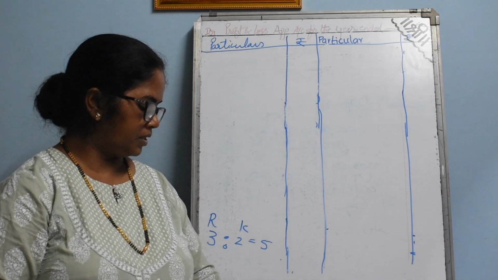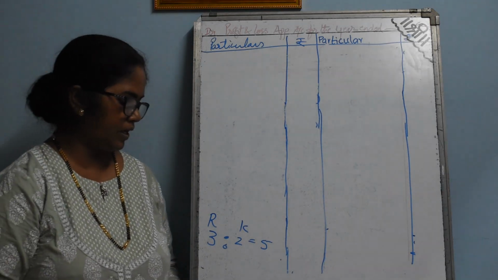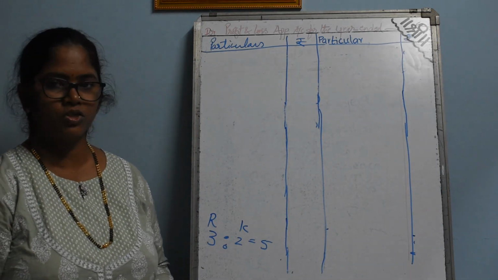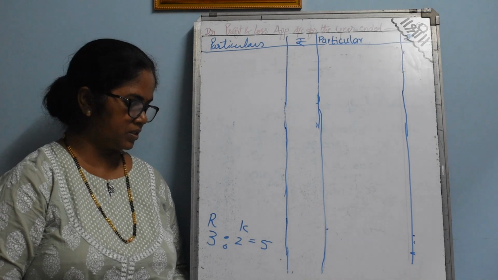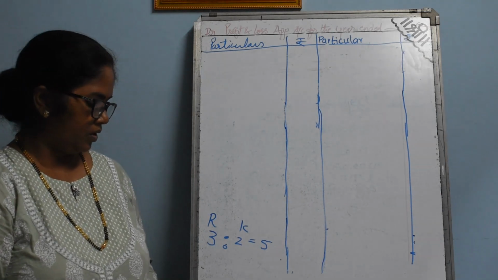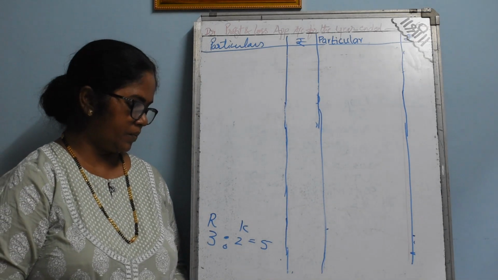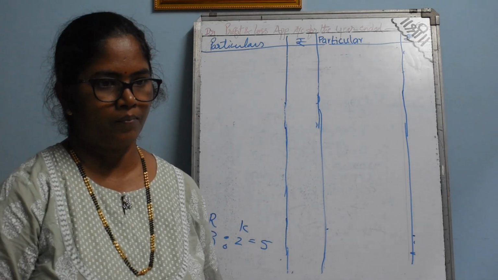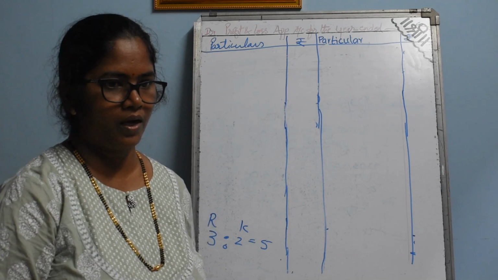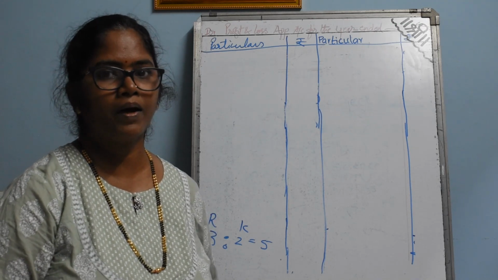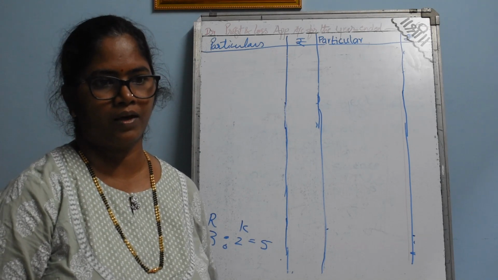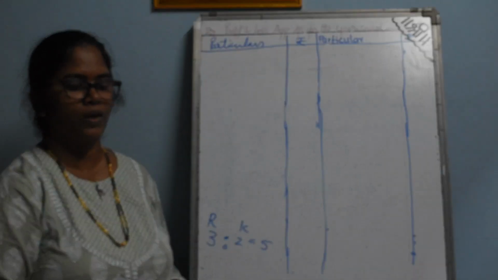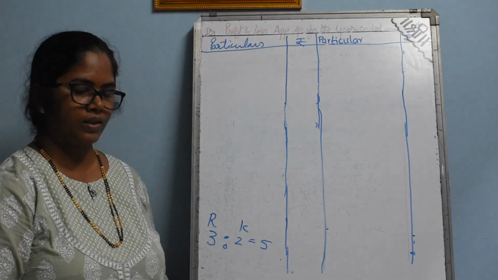Next, the partnership deed provided that interest on capital is to be allowed at 10% per annum and no interest on drawings is to be charged. So we are going to give the partners 10% interest on their capital. R is entitled to a salary of rupees 1,000 per month. So we are preparing a profit and loss appropriation account for the year ending 31st December. Per month they are giving 1,000. So for the full year it is how much? 1,000 multiplied by 12 is 12,000. For the full year it will be 12,000.